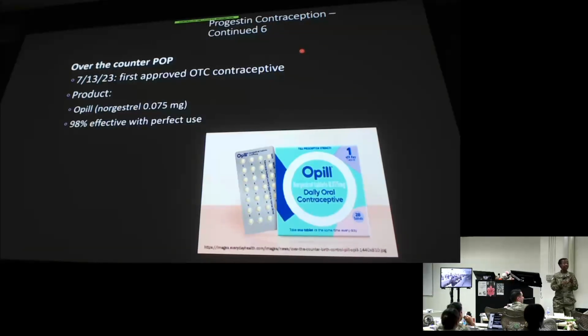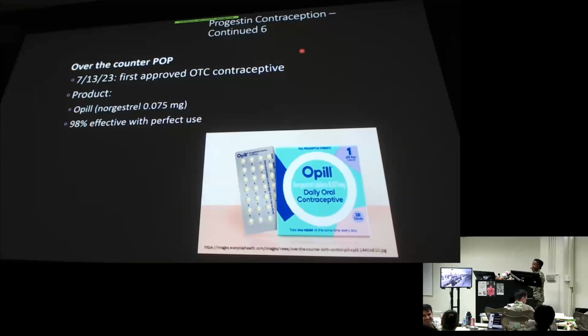But the thing with this is that it is beneficial for patients who would have a barrier to wanting contraceptives, right? If I don't have insurance, now I'm worrying about paying for the doctor's visit. And then not only do I have to pay for the doctor's visit, but now I have to pay for whatever they prescribe me. I have to pay for the contraceptive. This allows them to just go into the pharmacy and buy it without a prescription, any of that,